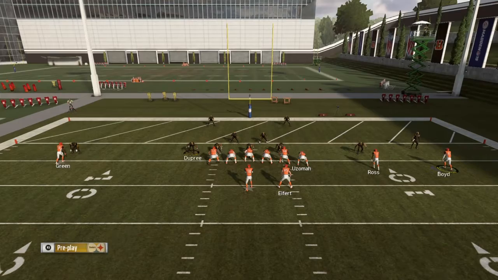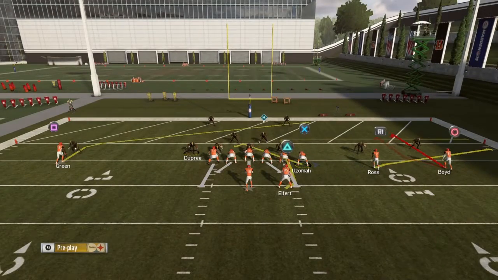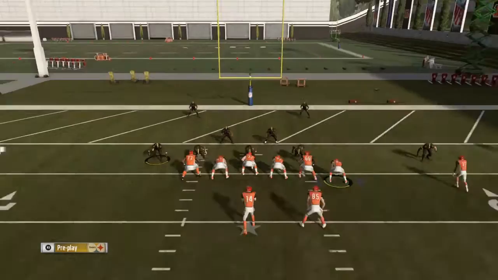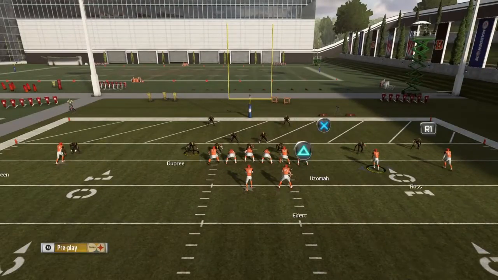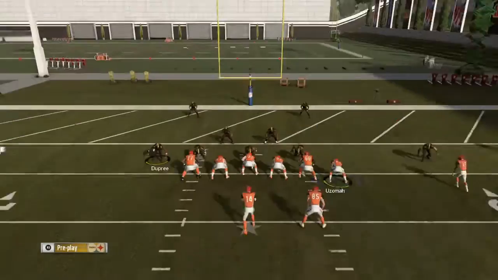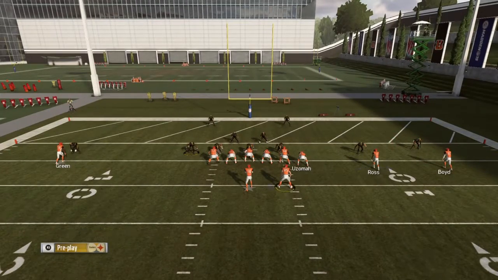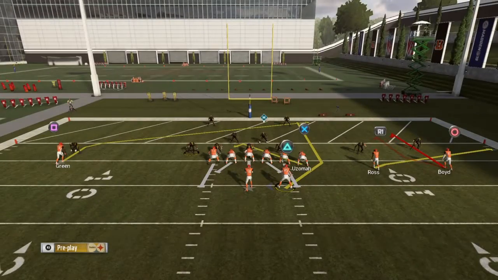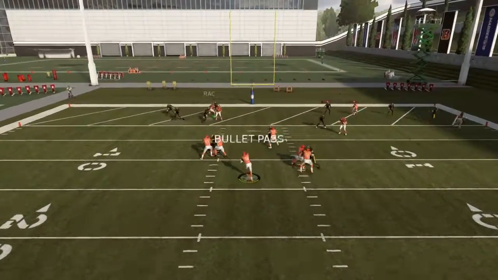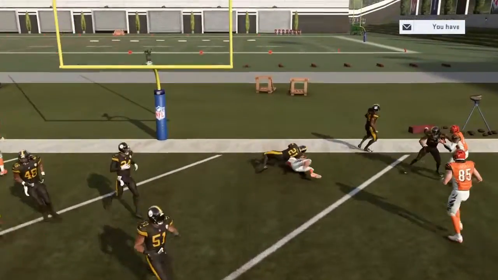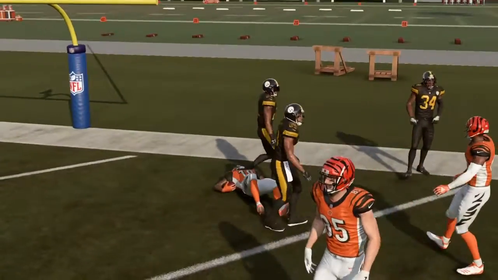I mean, there's a lot of playbooks. You can literally just go through their playbook, search by concept, go to curl, and then look for plays that have the flat from the slot, this spot route from the tight end, and then you can motion this guy over, put him on a seam route, put the backside receiver on a slant, or put him on an option route. I like the option route versus most coverages, unless I know they're playing cover 2. And even if they're playing cover 2, I can still throw that little